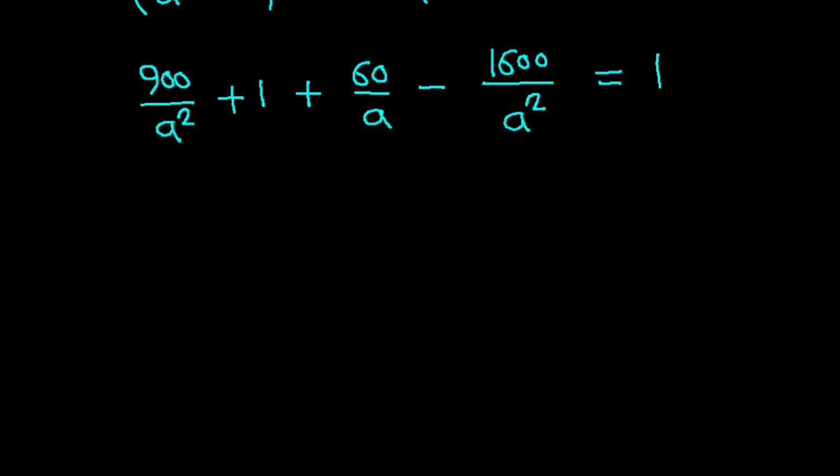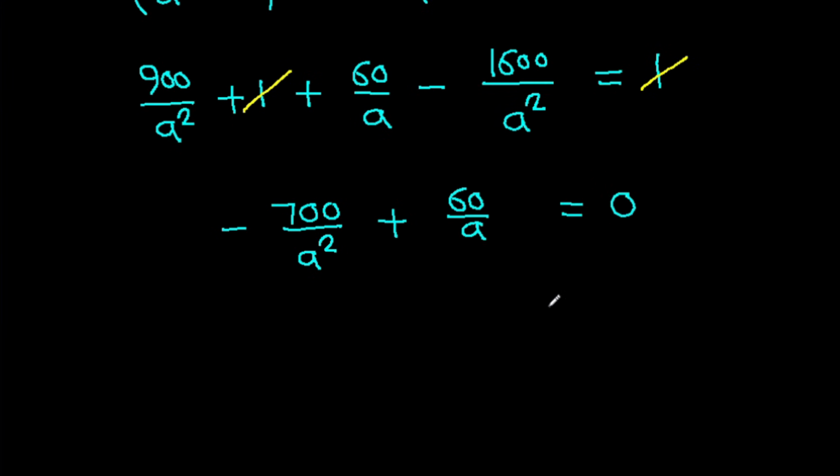And 1 will get cancelled, and 900 over a squared minus 1600 over a squared will be minus 700 over a squared, plus 60 over a equals 0, and 60 over a will be 700 over a squared,